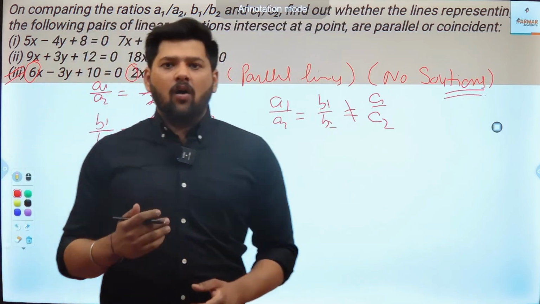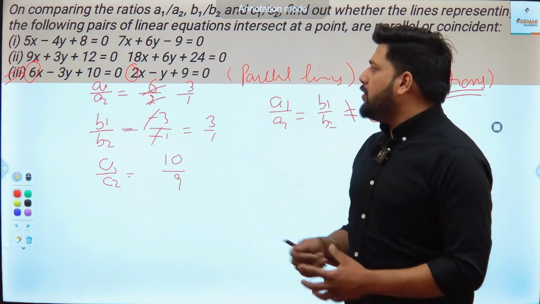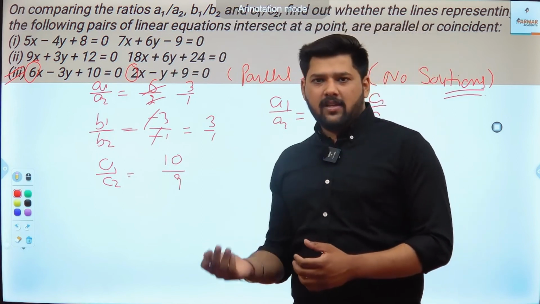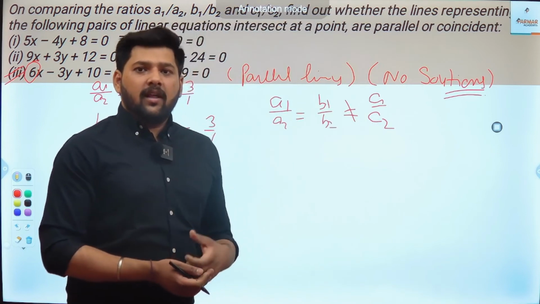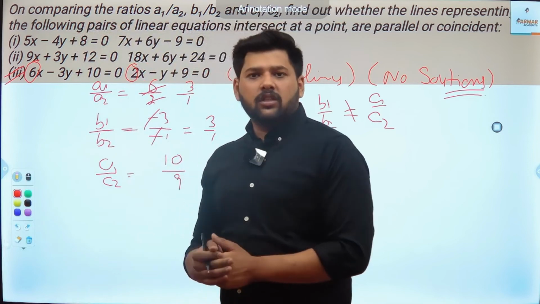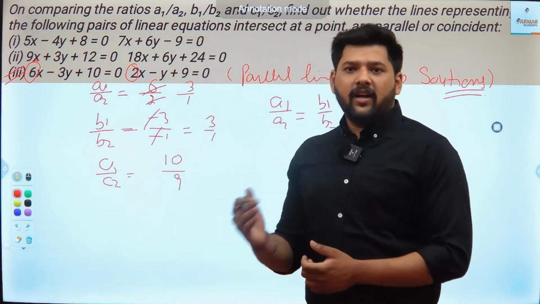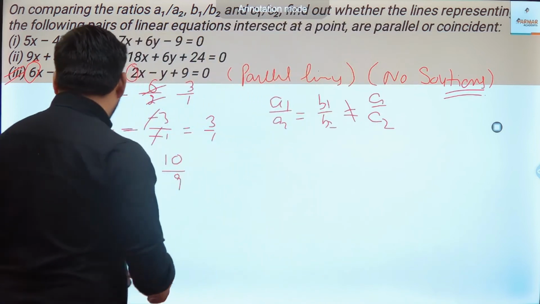So this is how, without actually finding the solution, we will get how many solutions a pair of linear equations in two variables has. Either they have one solution, if the first two ratios are not equal; no solution, if the first two ratios are equal but not equal to the third ratio; and infinitely many solutions if all three ratios are equal. The next one is,